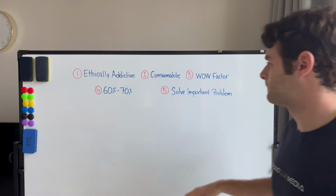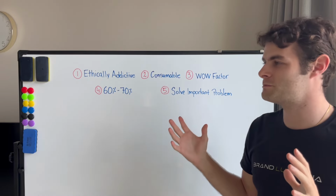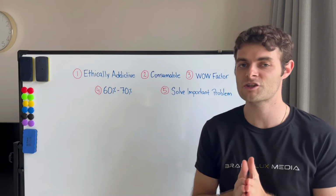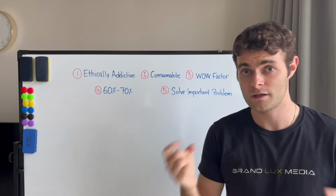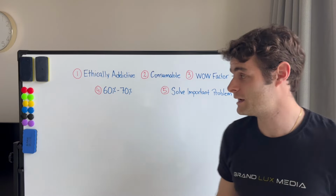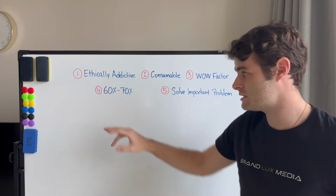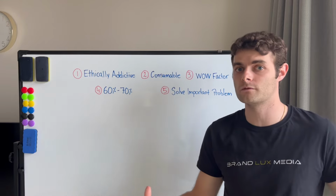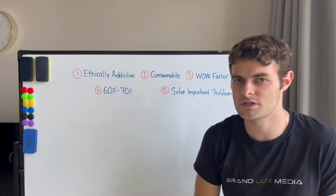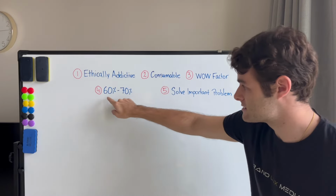Let me jump over here. So 60 to 70%, why is that important? I don't really need to explain the importance, but for some reason, people look at other things and feel like a 30 or 40 or 50% margin is enough. It's actually not. When you grow, you need to pay for employees, you need to pay for your ad spend, you need to pay yourself, right? So 60 to 70% plus is, I would say, the minimum in e-commerce if you want to scale and grow profitably. Once again, if you have a very high LTV consumable product, maybe even 50%, or guess what, 40% works for you. I'm not sure, but if you can find these 5 things together and 60 to 70%,